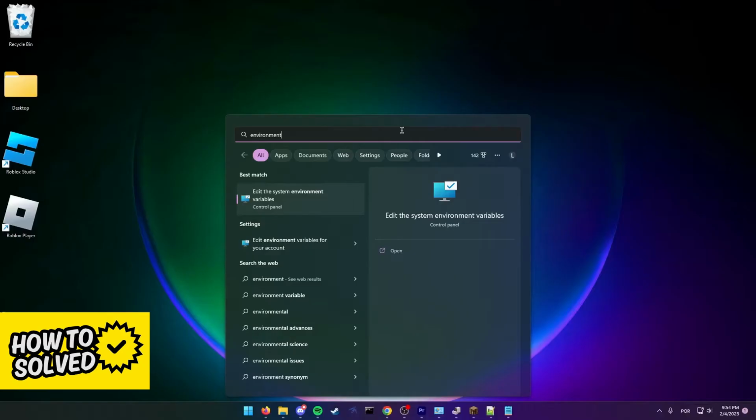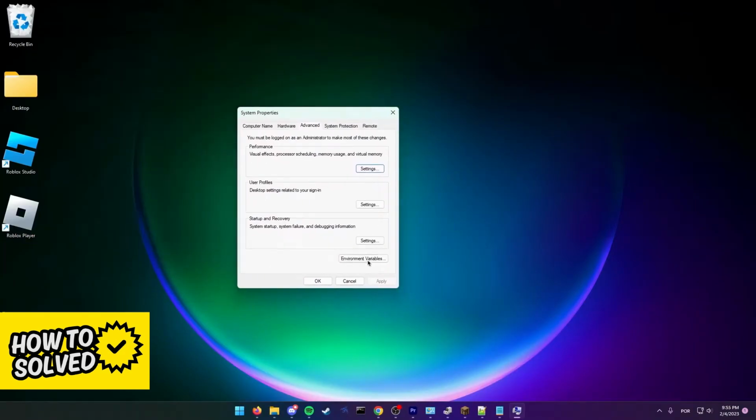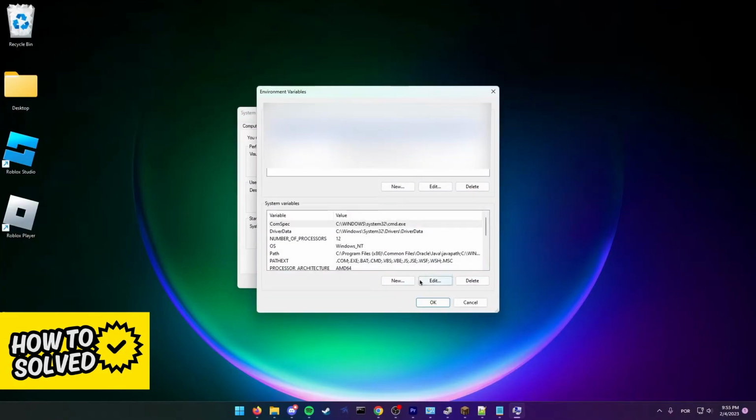All you need to do this is first, open up your Windows Start menu and search for Environment. You should be able to go to the Control panel and go to the Edit the System and Environment Variables page. In here, click the Environment Variables button at the bottom of the page and now create a new one